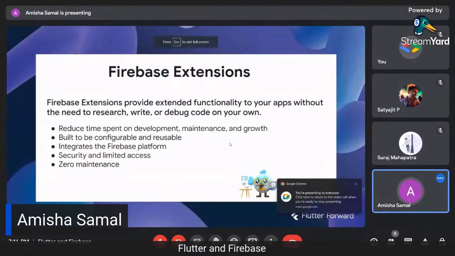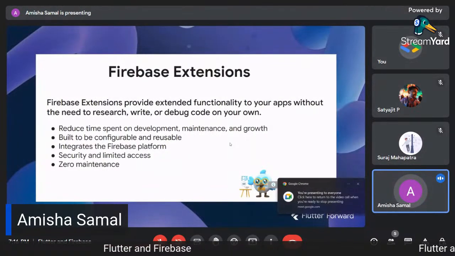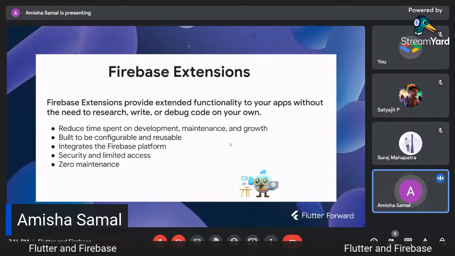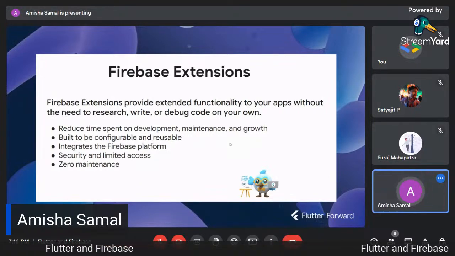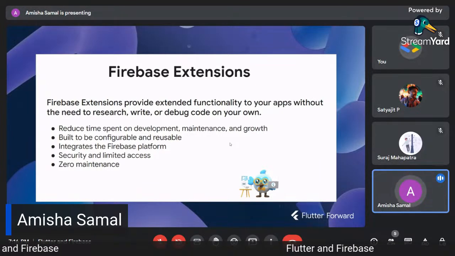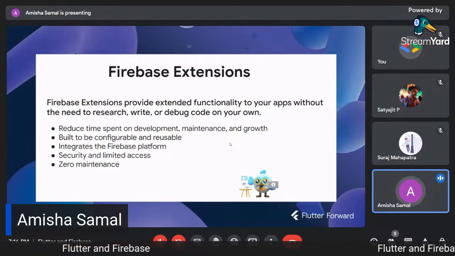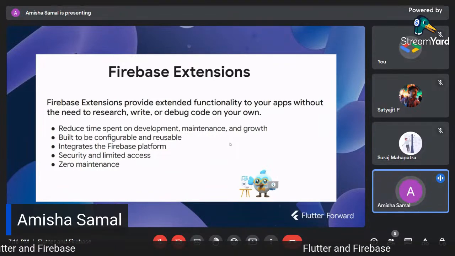Firebase extensions speed up the process of common app capabilities like build, test, debug, and deploy. These are pre-packaged solutions that provide extended functionality to your app. As they're packaged, you just need to install and configure them, and you do not need to spend extra time on research, debugging, or writing the code that implements the functionality